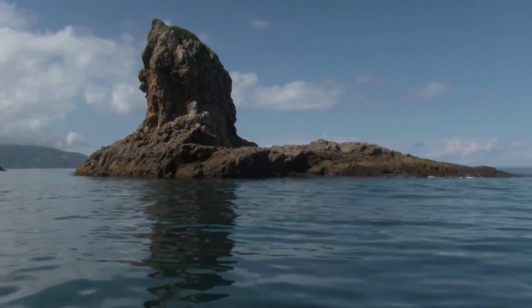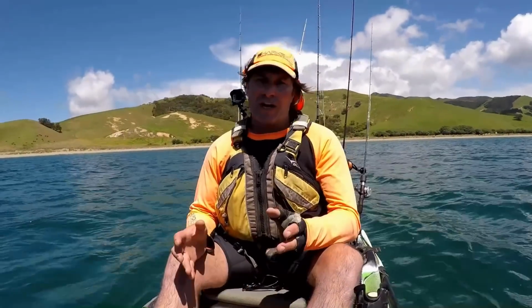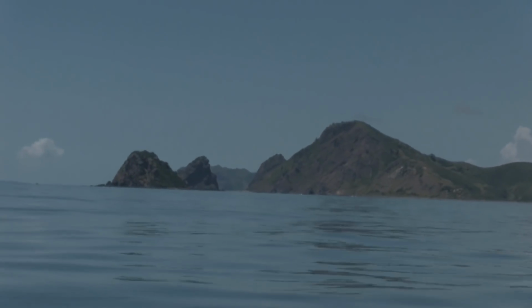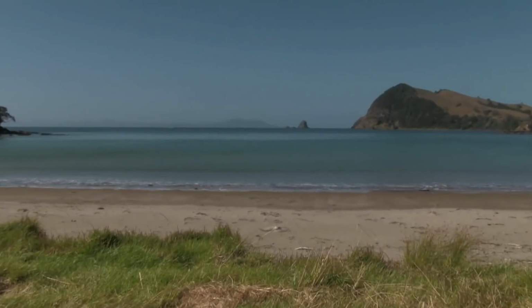So there you go, Coromandel. There's just so many little pockets of paradise in this place. It's a mecca for kayak anglers, and we just spent the last 3 days discovering a few other areas that we haven't featured on the show. There's so much more to show you, and over the course of Real Screaming Kayaks we'll bring some of those